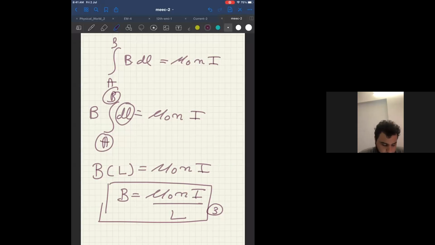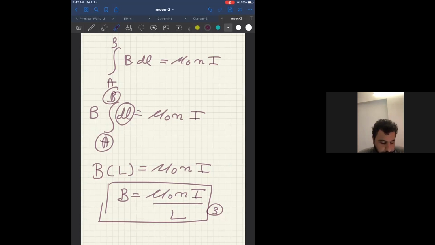So why did we take that B outside? B is a constant. Magnetic field will remain a constant, and anything that is a constant has to be removed outside the integration sign. Secondly, we are integrating with respect to length. Check Ampere's law, first line, the line integral. Line integral means we are integrating with respect to length. Therefore, any term that does not have length has to be taken outside the integration. Therefore, B has to be taken outside because we are focusing only on length. Understood?